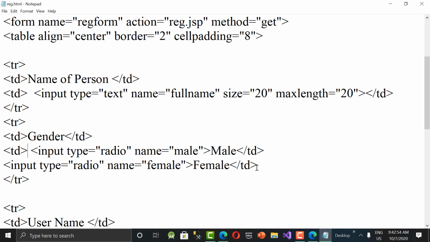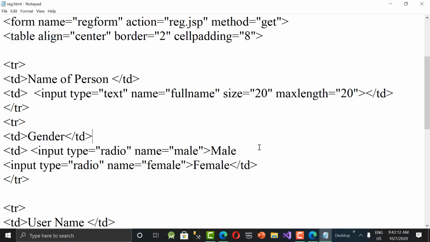Okay, this should not be closed. This is okay, but this one should be removed. Yeah, now it's perfect. td open, td close, and in between we have two radio buttons side by side. Yeah, this is perfect.